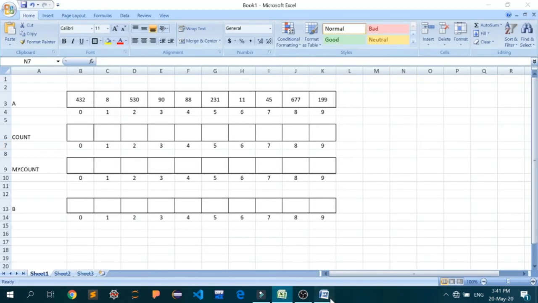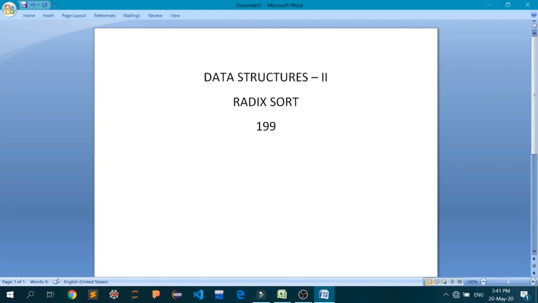This could be written as 100 plus 90 plus 9. Now inside this 100,